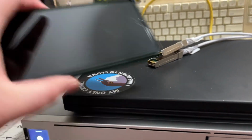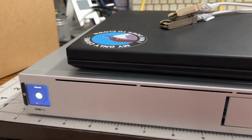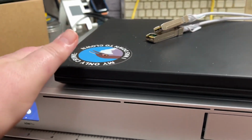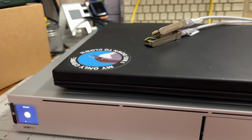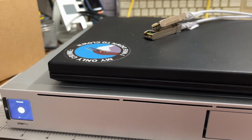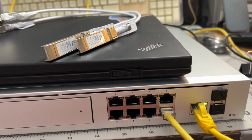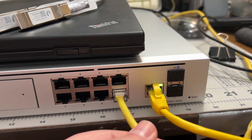And I actually have the UniFi app on my other phone here, to look into this thing. I don't want to show the app because it has some personally identifying information front and center, but it's really, really nice. I have this thing hooked up as a secondary to my main network, because as we can see here, we have this Ethernet cable